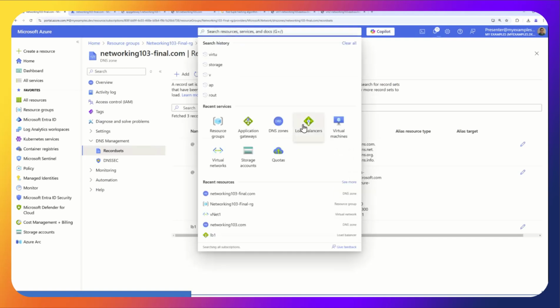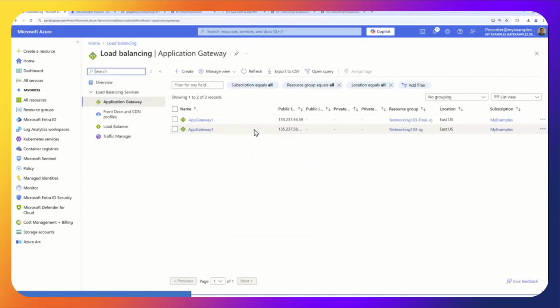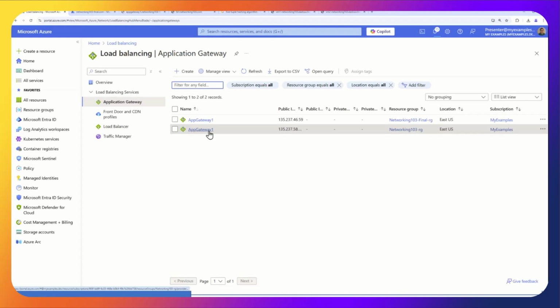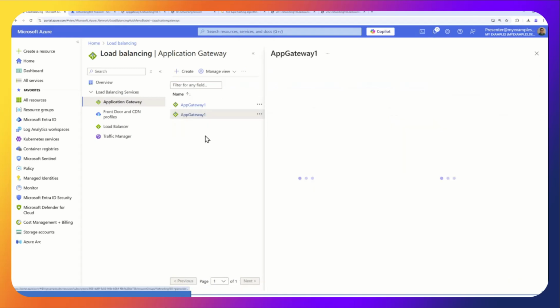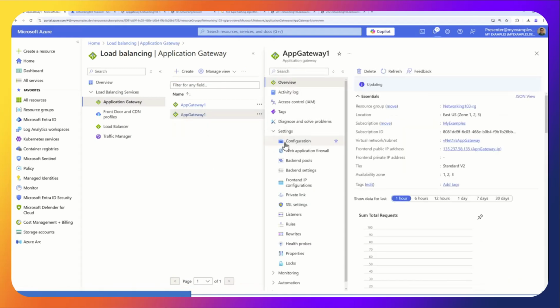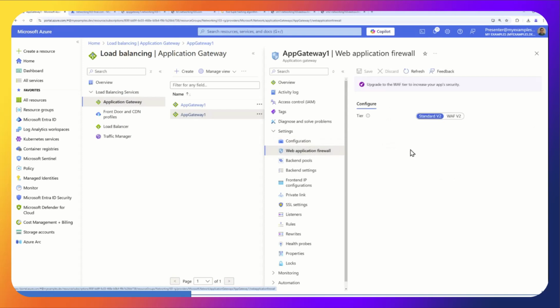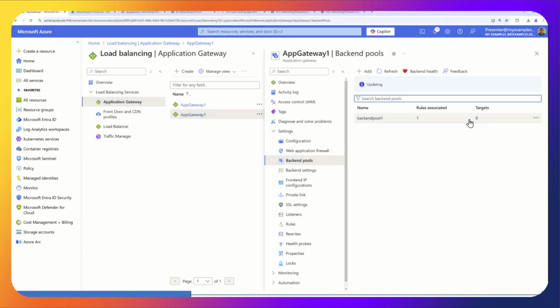We're going to go to the application gateway. We'll just go to this one. I'm just going through it real quick. Target 0, that doesn't look right.